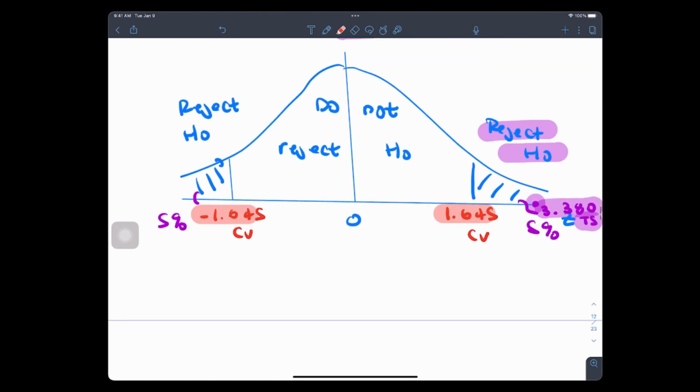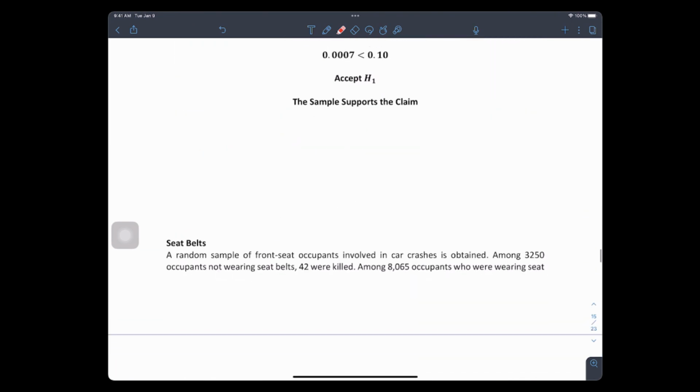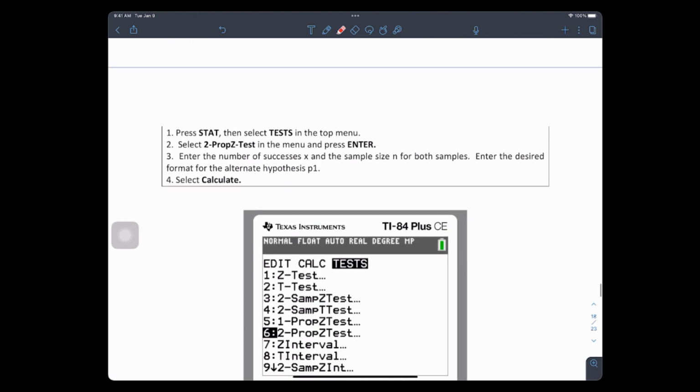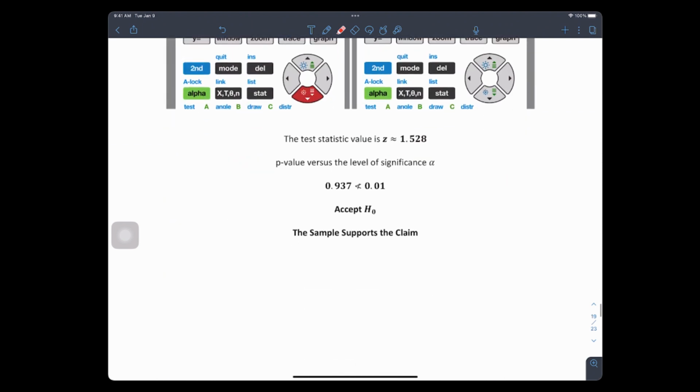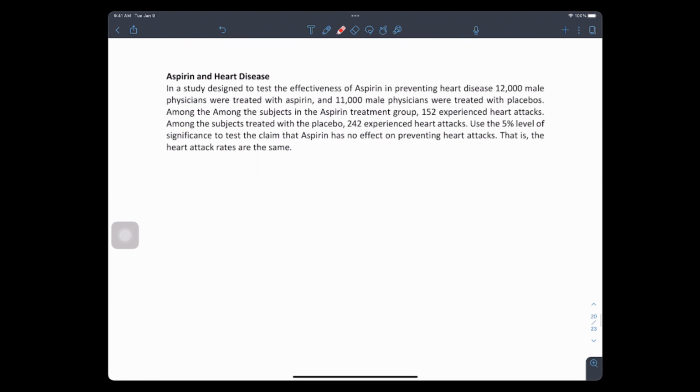All right, ladies and gentlemen. You guys want to try one more of these? Let's try one more. No, not that one. Actually, well, that's kind of weird. Let's try this one here. Let's try a medical version because this is real stuff. This is real life stuff. This is what they do when they test medicines. And like we said, this is the scientific method. You guys want to do this kind of stuff.